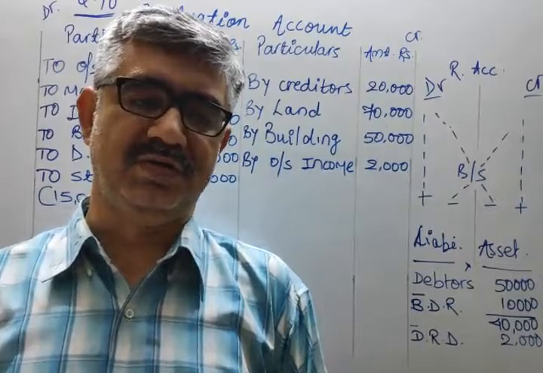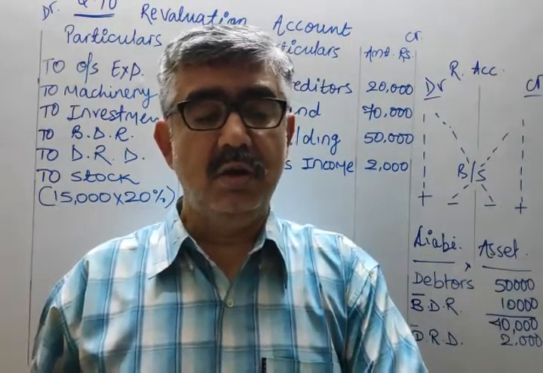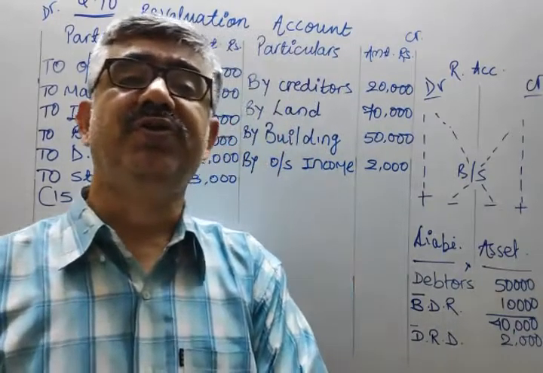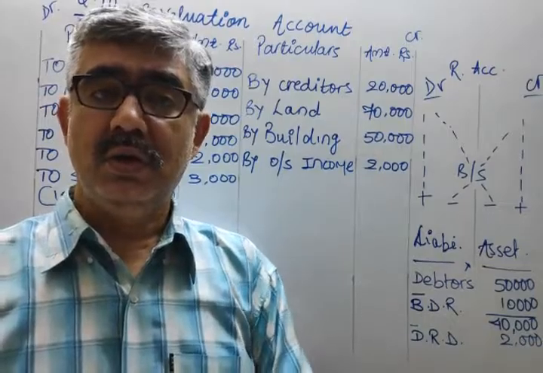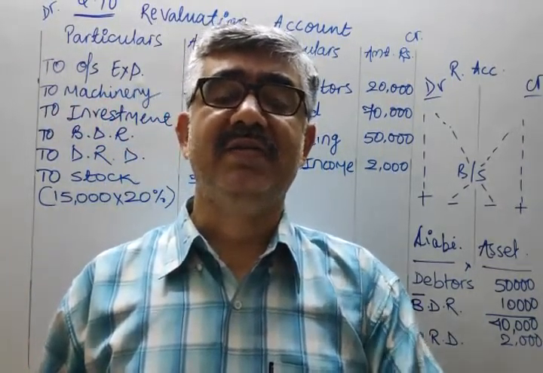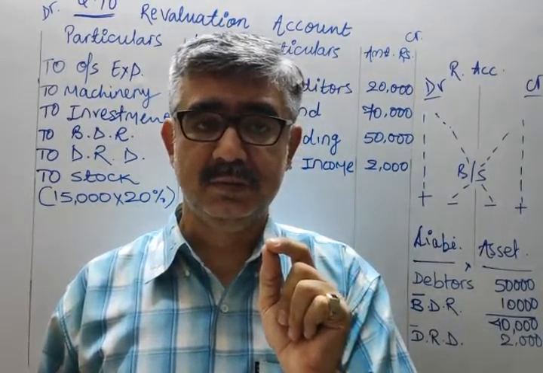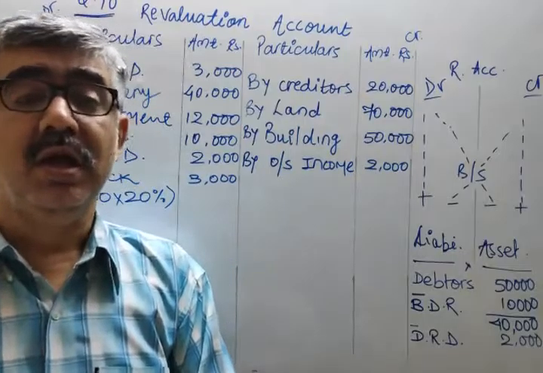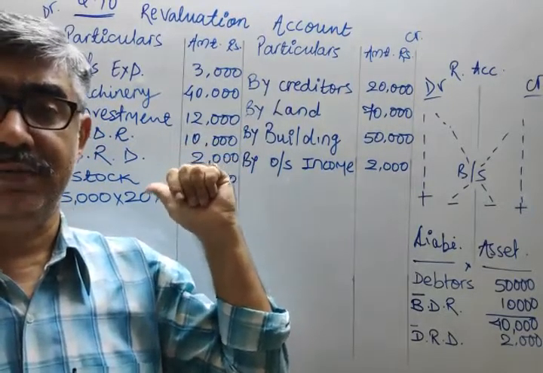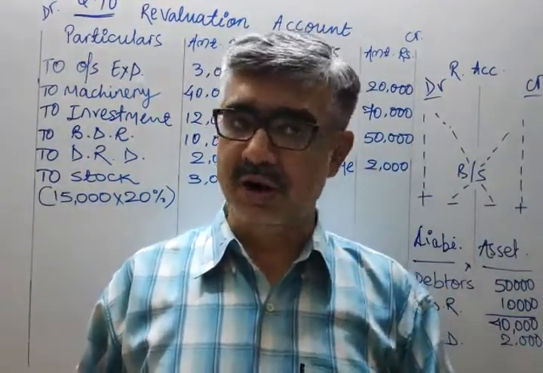Now again an important instruction. Don't feel relaxed, because here all the adjustments related to the balance sheet we covered. You have to check. Yes, in 11th also I gave you the same instructions. You have to check whether any adjustment has a self tick mark. Self tick mark. Is there anything? If yes, we have to do an entry over here. Condition applied: it should be either a liability or an asset.